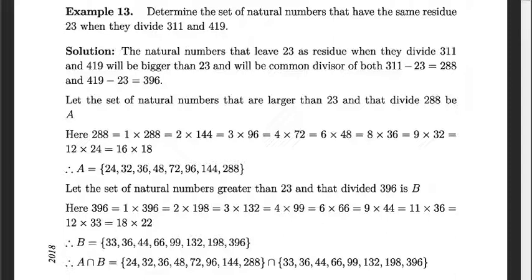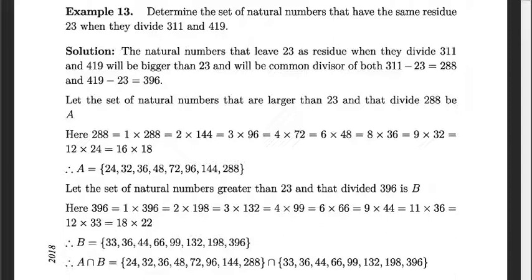311 minus 23 equals 288, and 419 minus 23 equals 396. Now, 288 and 396. The set of natural numbers larger than 23 that divide 288 will be A, and here